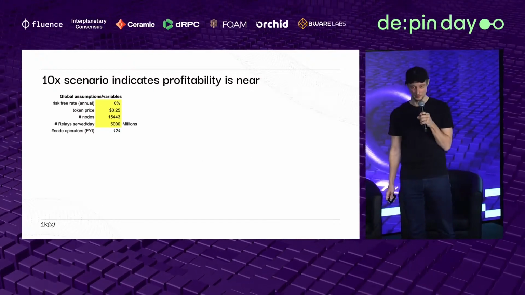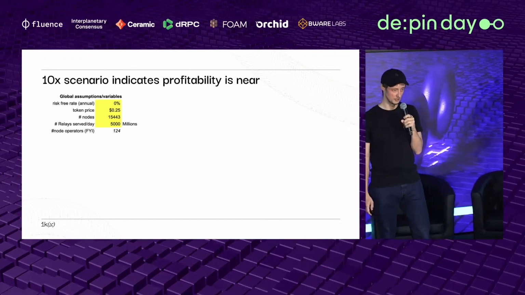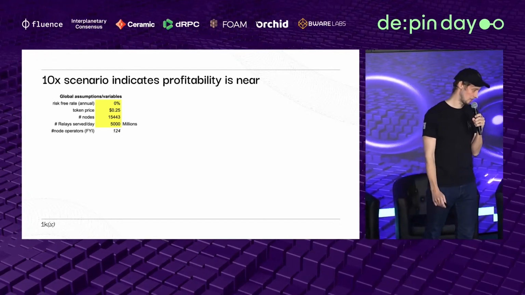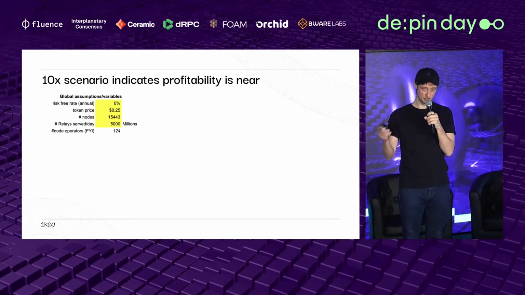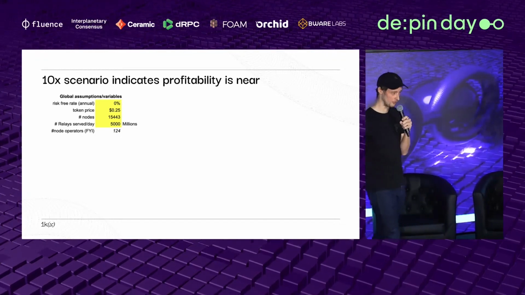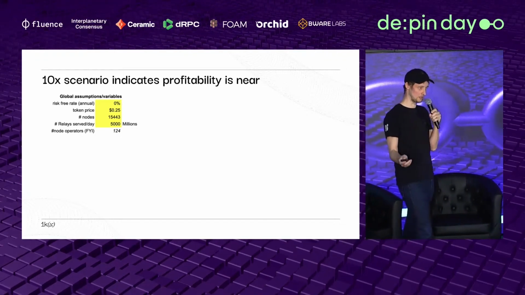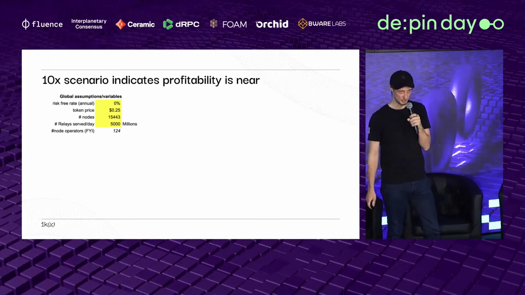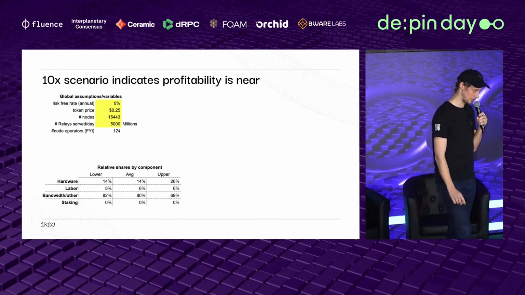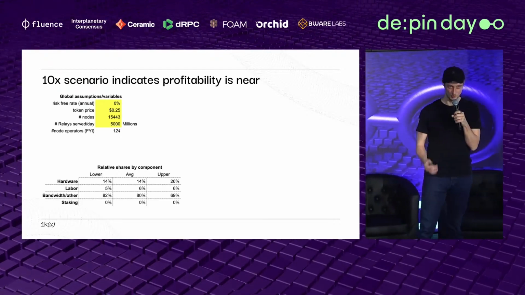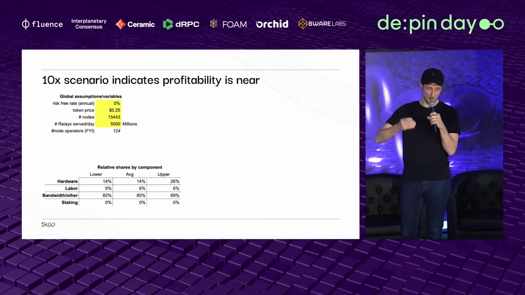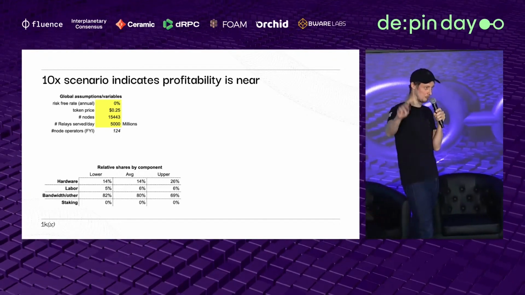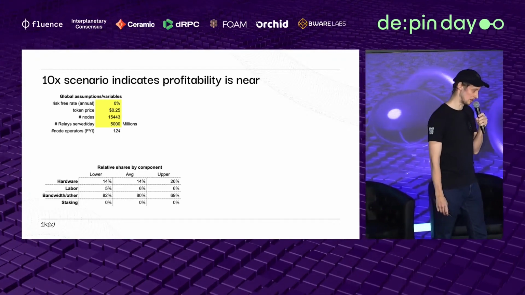We just 10x'd the demand to 5 billion relays served per day, which is actually not that uncommon. I mean, Pocket already 10x'd a while ago. And since we know from the survey and from the assessment of the network that the hardware costs of the service nodes can scale, they can easily scale 10x, 50x, right? So you'd expect that the hardware costs will not grow that much, but bandwidth, data volume and paying for that grows quite linearly with your demand and your utilization.